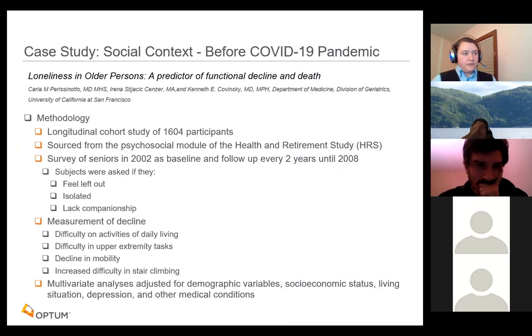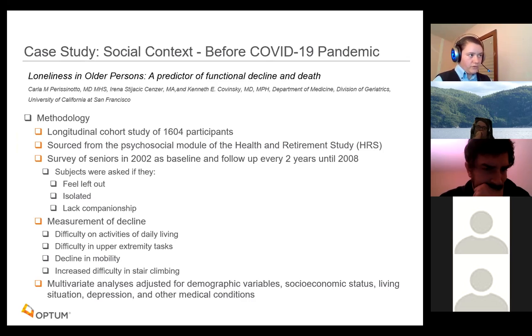So let's jump into this next case study. This was a case study done by the University of California, San Francisco. Loneliness in older persons, a predictor of functional decline and death. Methodology was a cohort study of 1,600 participants sourced from the Health Retirement Study, which was a national representation of